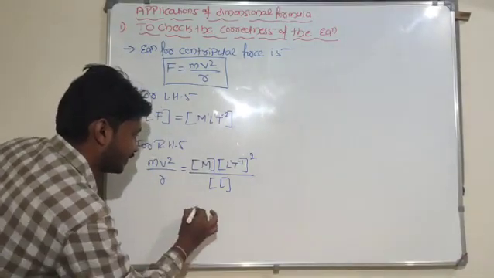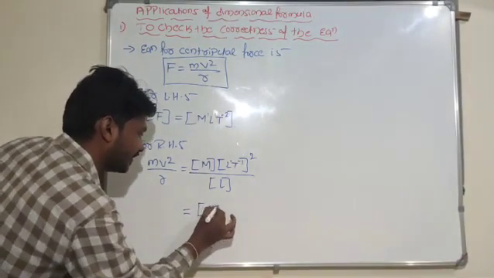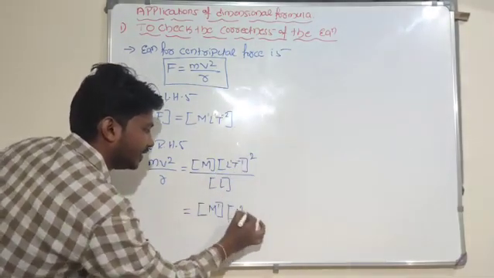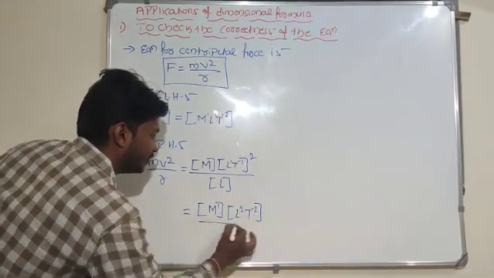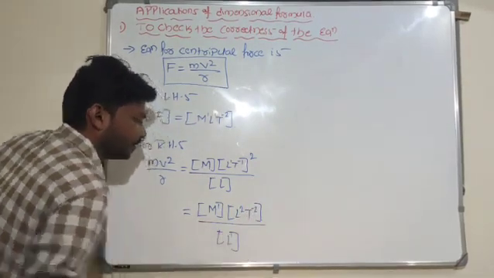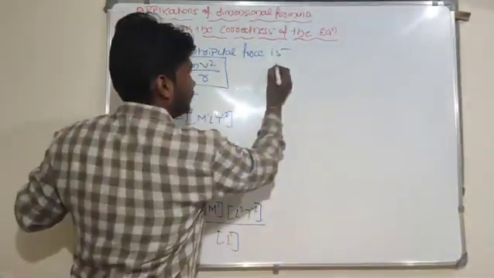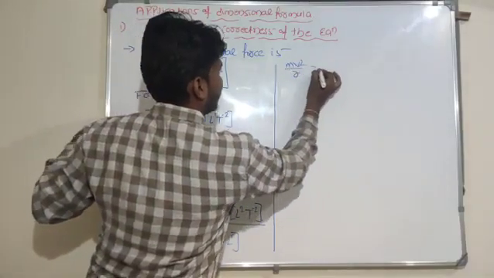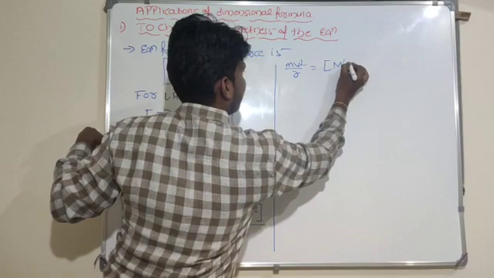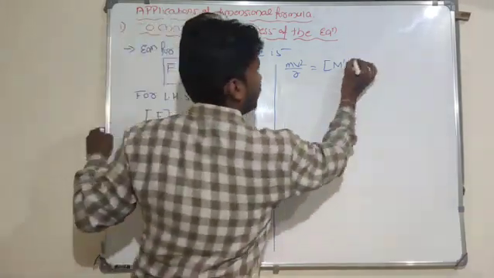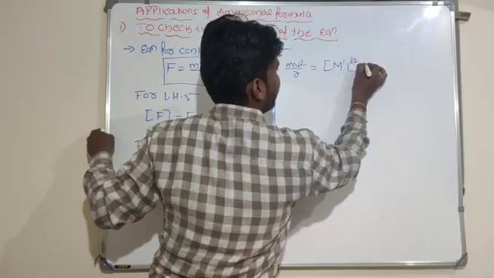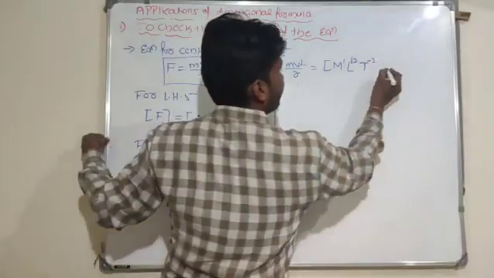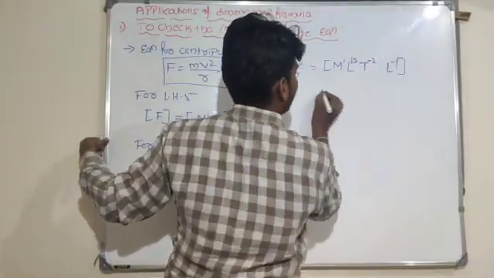Allow me to simplify this equation. So M^1 as it is I can write. This one is L squared here, this one is T^-2, and in the denominator the L to the power of 1 term is there. So mv squared by r: M^1, L to the power of 2 and T to the power of minus 2. In the denominator one L term is there, I will take it into the numerator, so that is L to the power of minus 1.